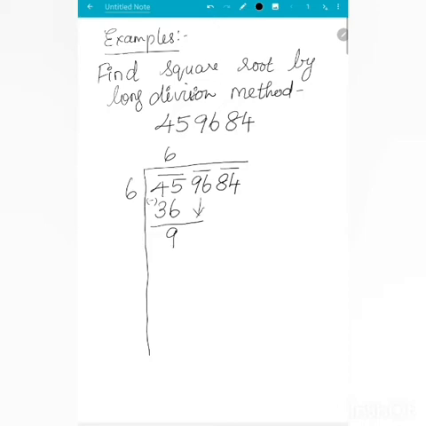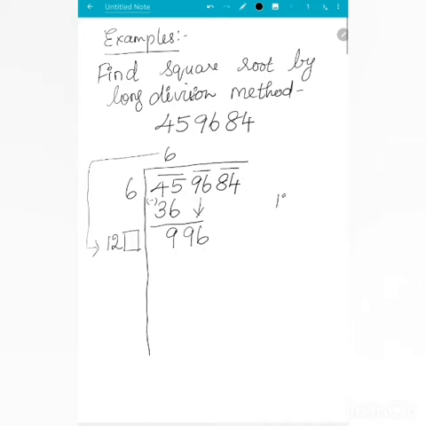Let me take the next 2 numbers. That is 96. Again you have to multiply this, 12 by 12, 6 to 12. So what number will come here? It ends with 6. So there are 2 possibilities. What? 4 or 6. Okay. If the unit digit is 4 or 6, the square number should end with 6.